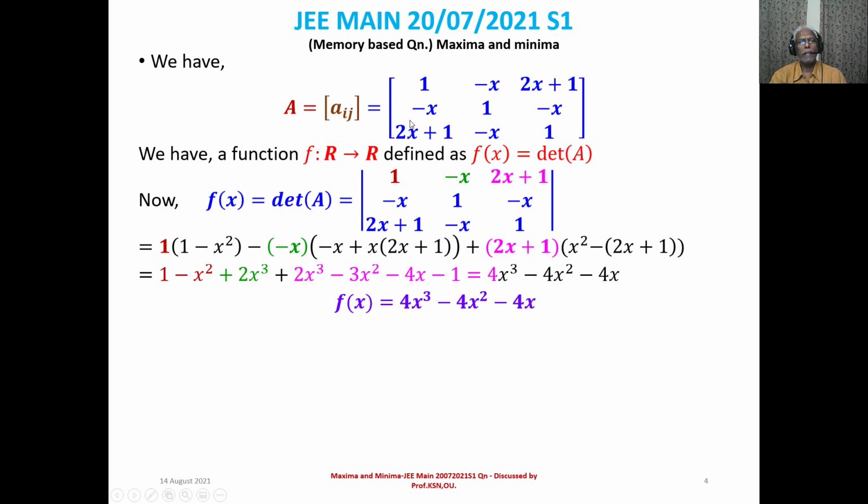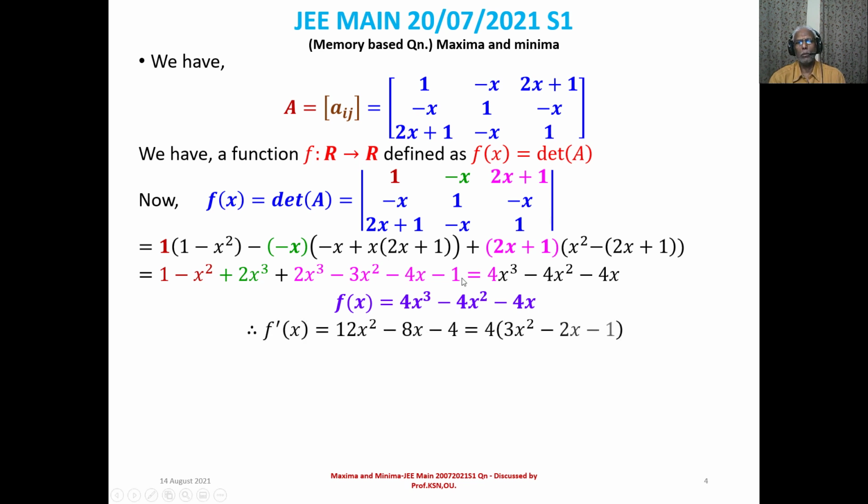Then we take the second derivative of f of x, and at these critical points, if f double prime at the critical point is greater than 0, then f will have a minimum at that point, and if less than 0, then you will have a maximum at that point. So that is the maxima minima information. So compute now.